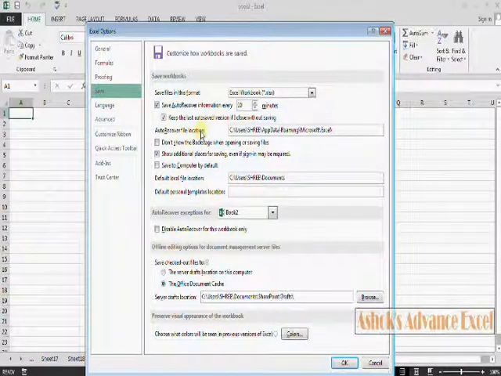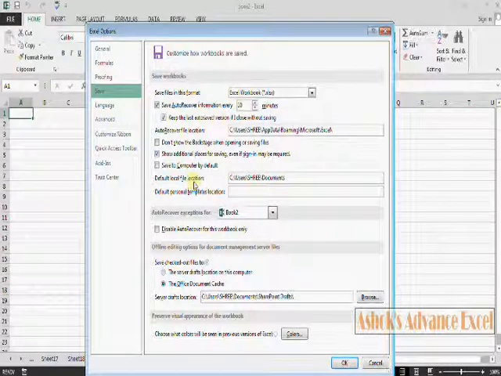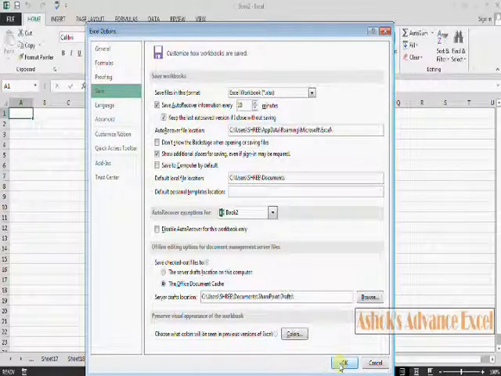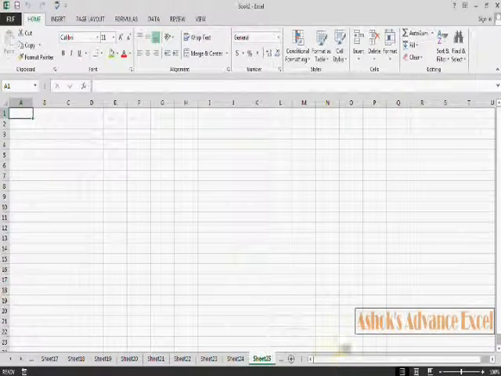After shutdown, even if that file is not saved, it can be recovered from this location. Now this is the default file location. Every Excel file will be saved at this location. You can change its location. Now click OK and come to the sheet.